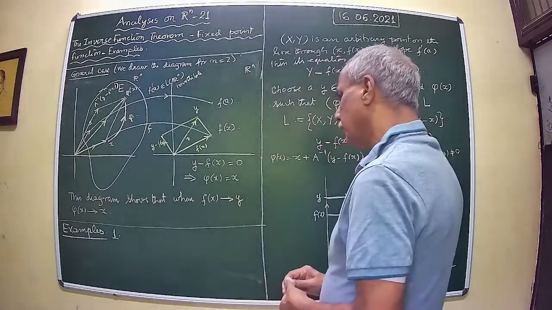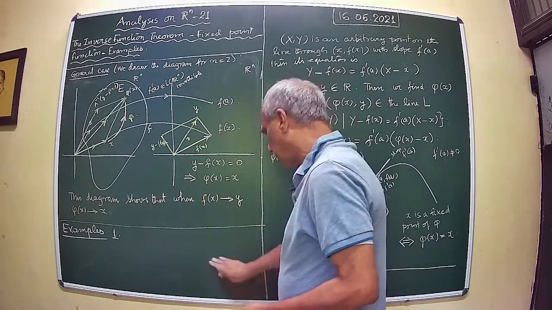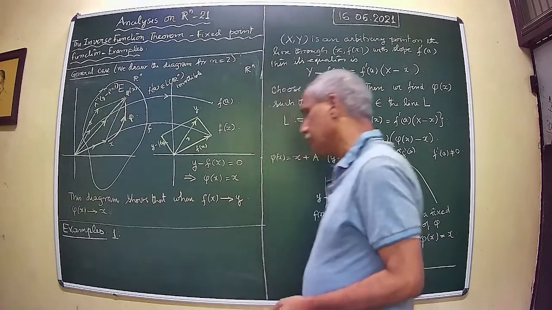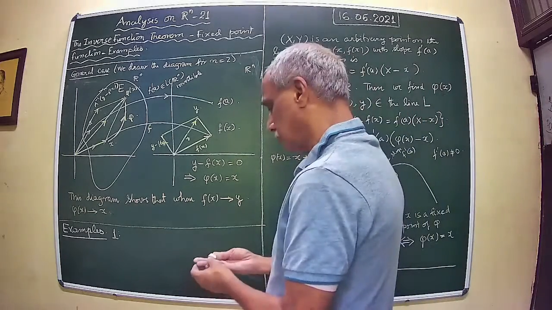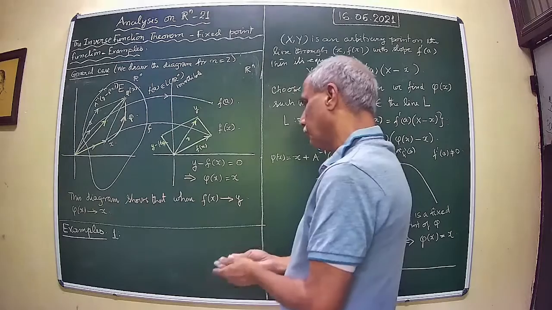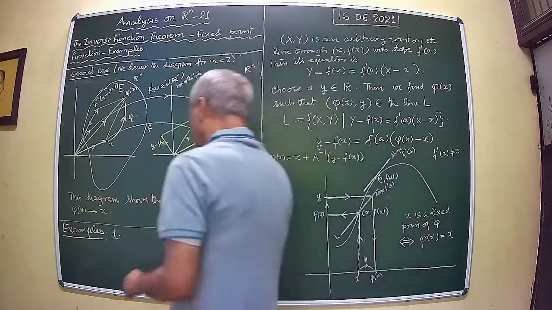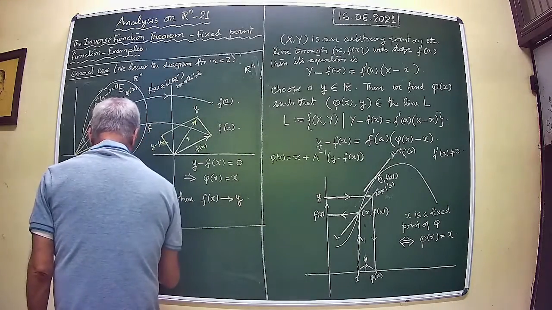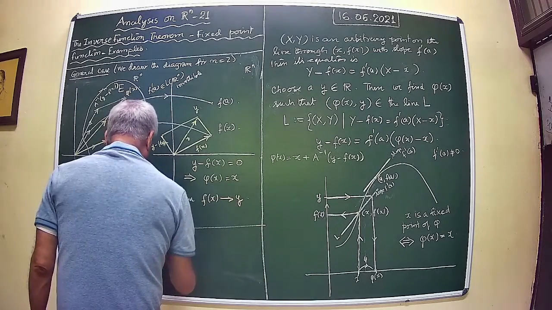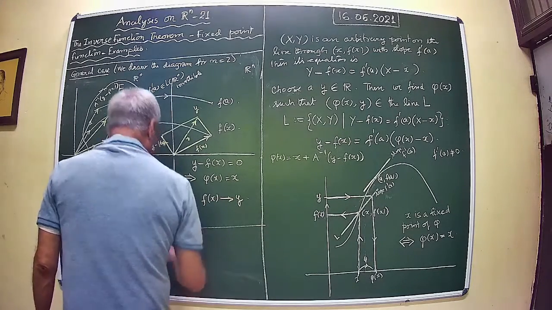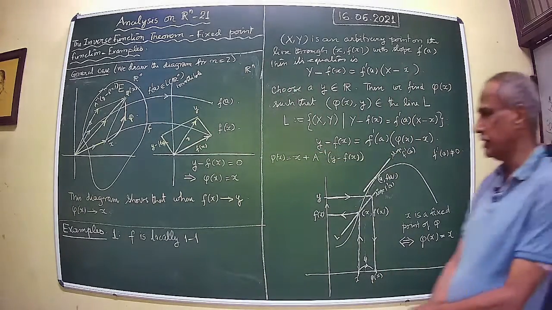So the first remark that we make is that the map F is locally one to one, that means there exists a neighborhood from which, that is, there exists